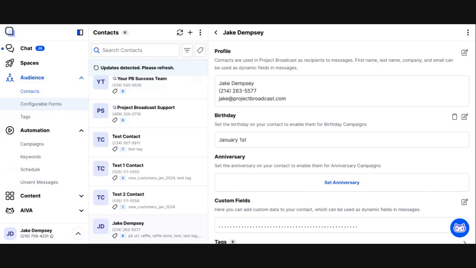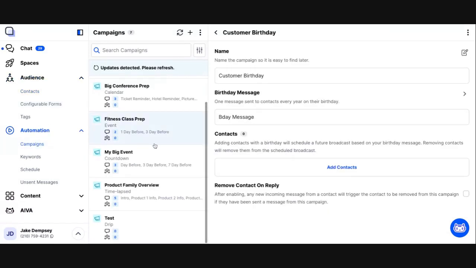And then when the configurable form is filled out, it triggers the keyword birthday done. And that birthday done keyword could add them to your birthday campaign. So you can automate an entire kind of birthday club strategy in your business with Project Broadcast. So back to that birthday campaign, I'm going to add the contact here manually just because I want you to